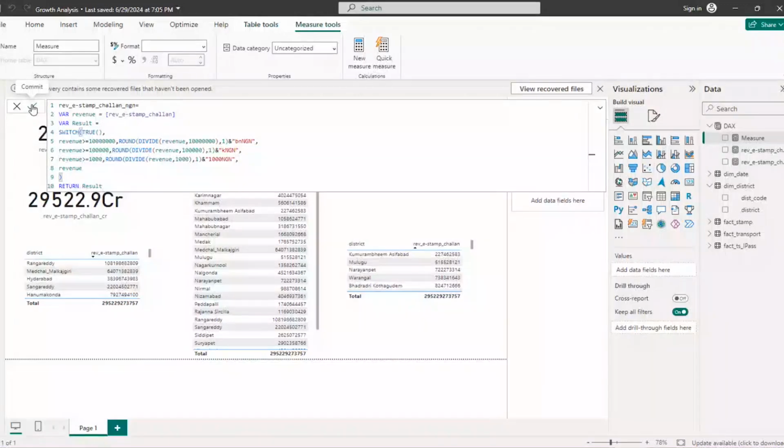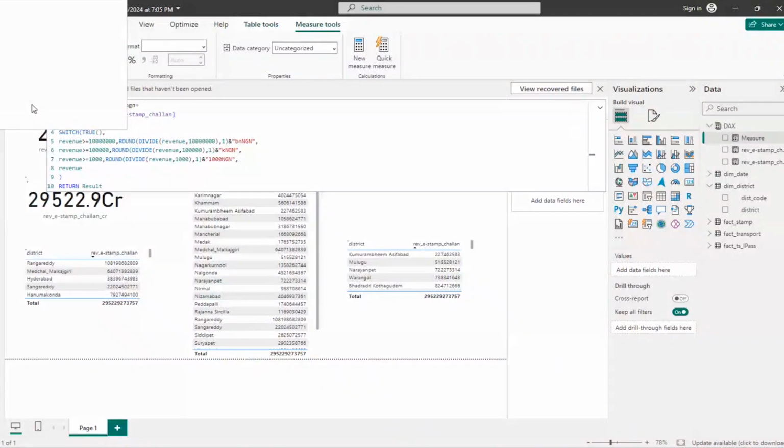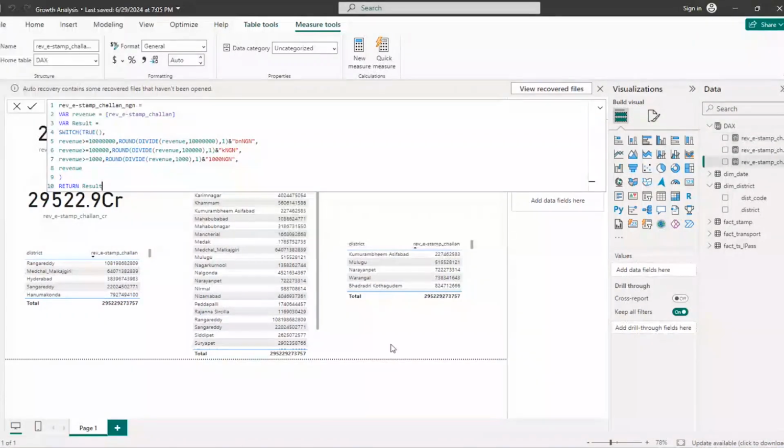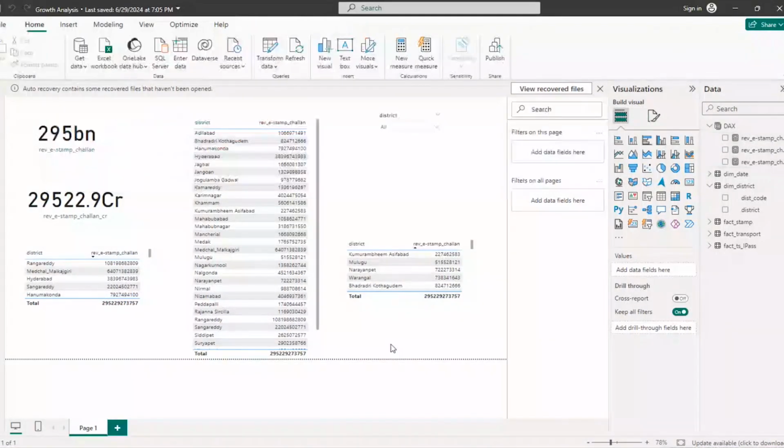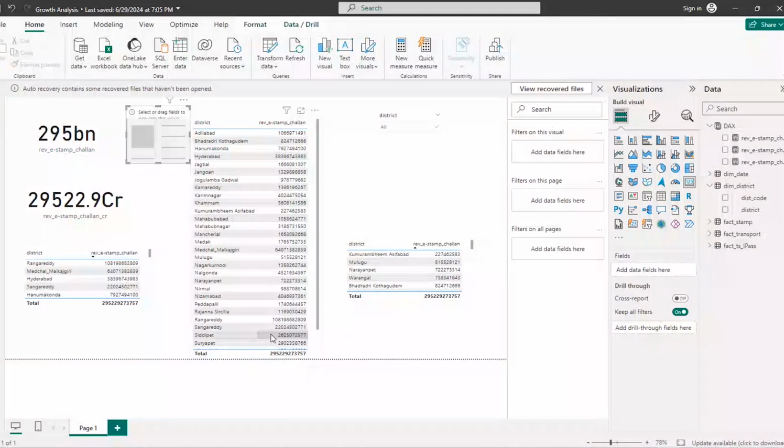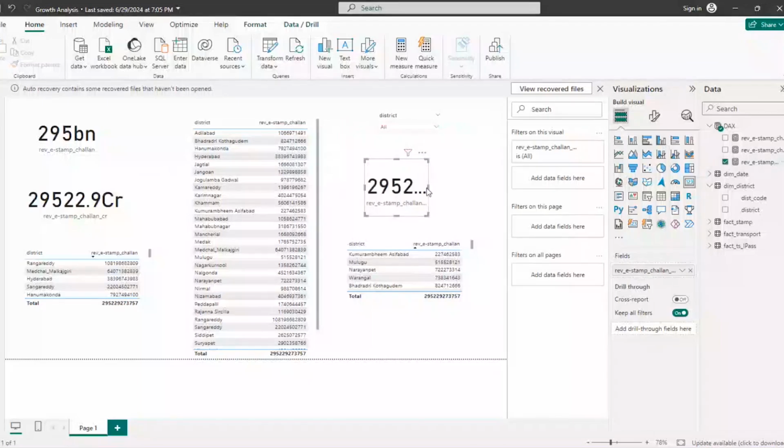I'll introduce a new card visual, and then click on it. So you see what it's going to show you now. Can you see it? So it depends on what you tell it to do. Now, why it showed is